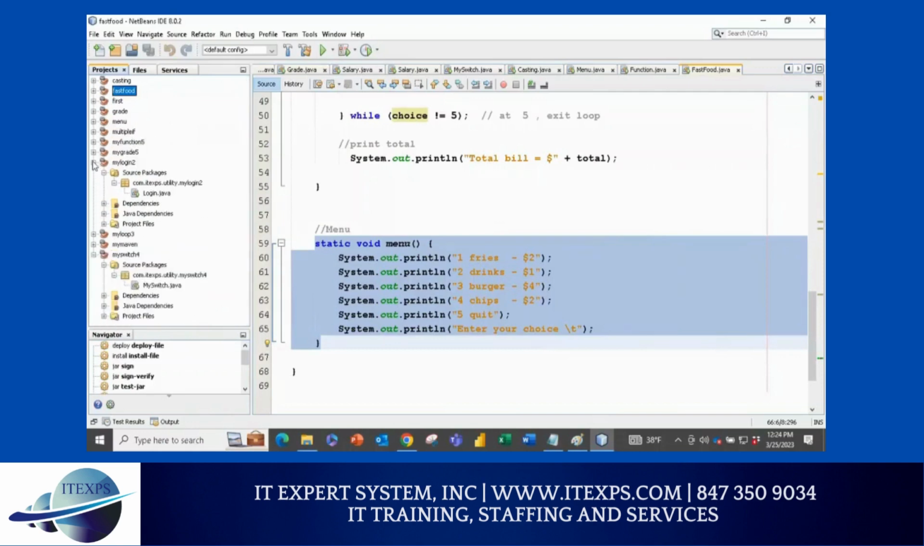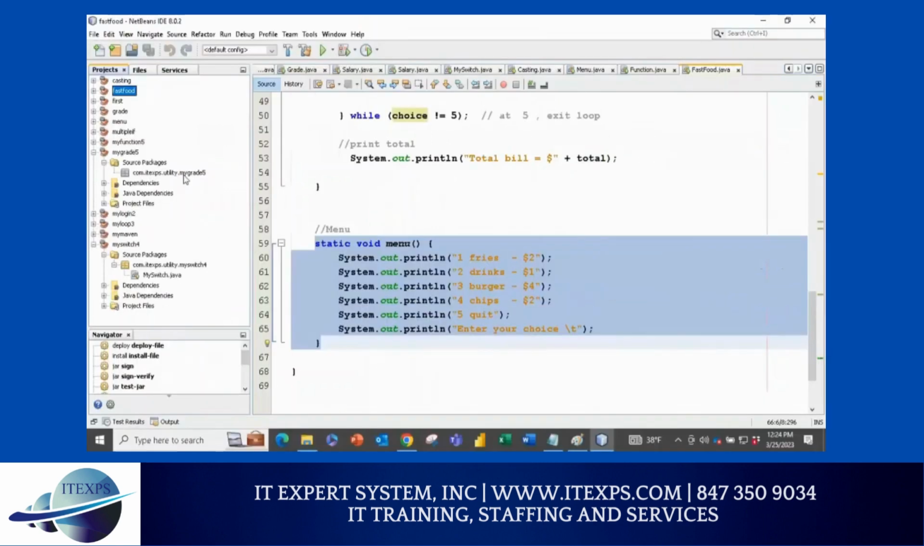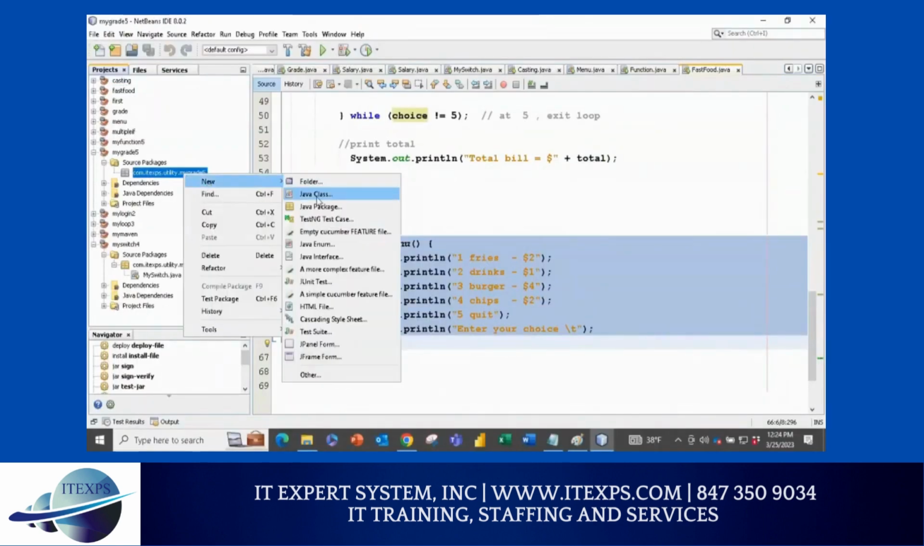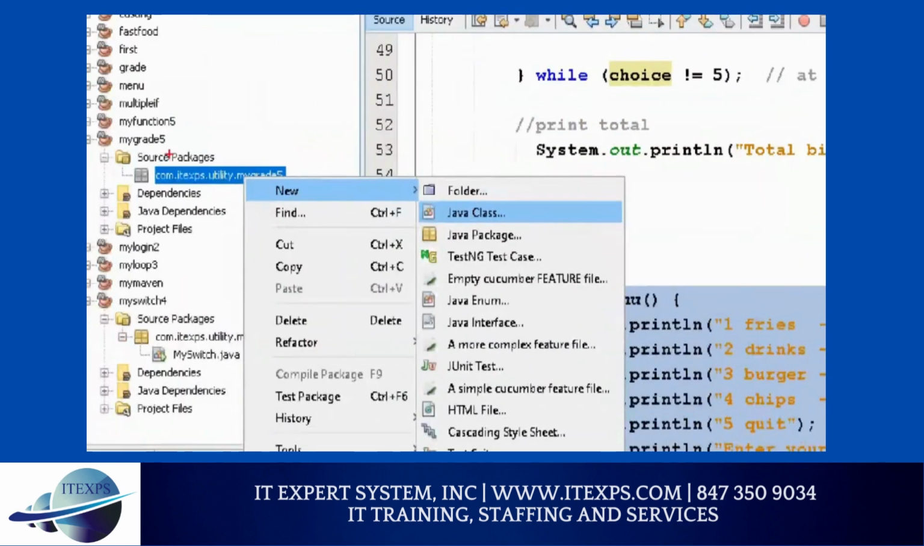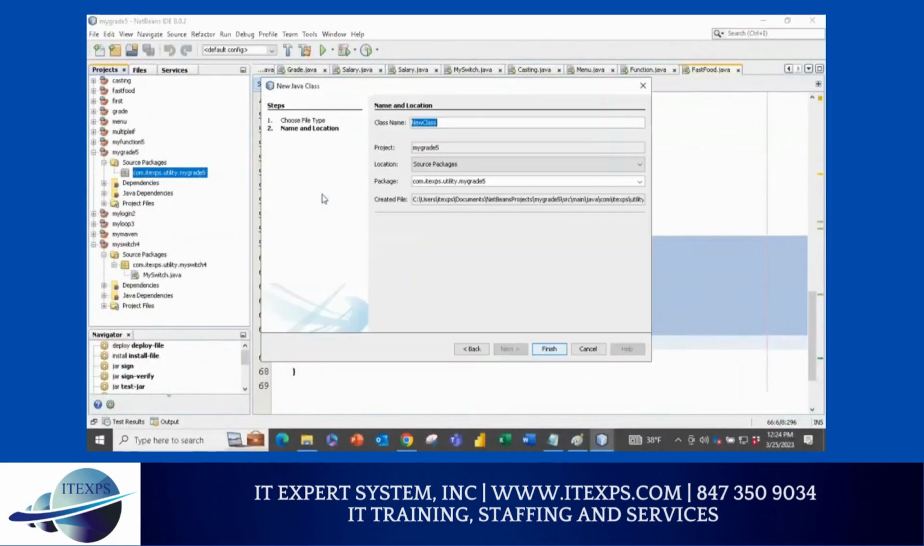You can see so many projects, but this is my project and I have a package here, which is empty. Migrate. Now right click on it and say new Java class. Right click and say new Java class. So when I say right click new Java class, I'll create a class called grade